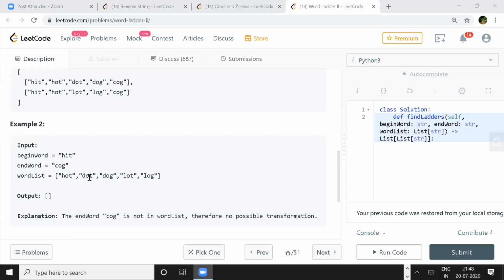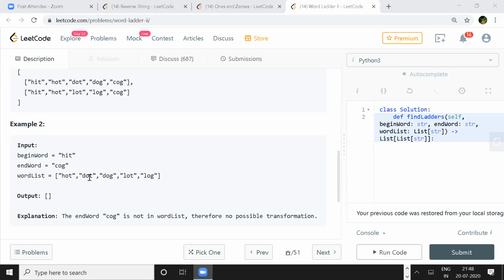I was just saying that if the end word is not there, then we don't have a destination where we want to reach. But Leon is saying that they have given a rule to change one letter and then create a word. So he's saying let's say your second last word is log and you try to create cog out of it and then put it inside your word list.